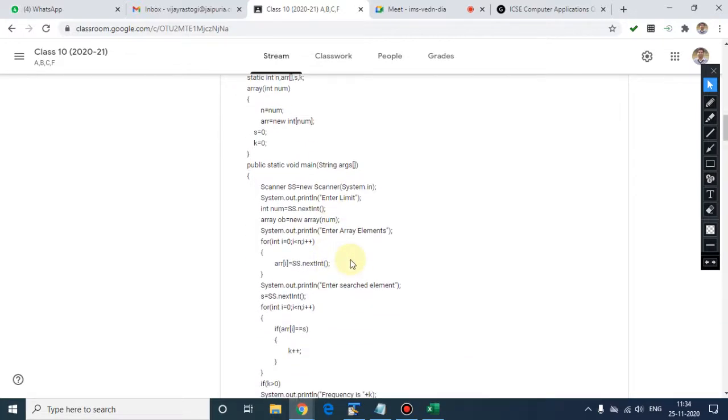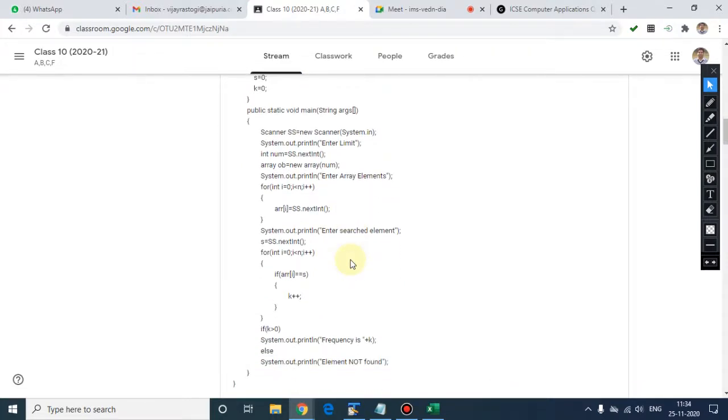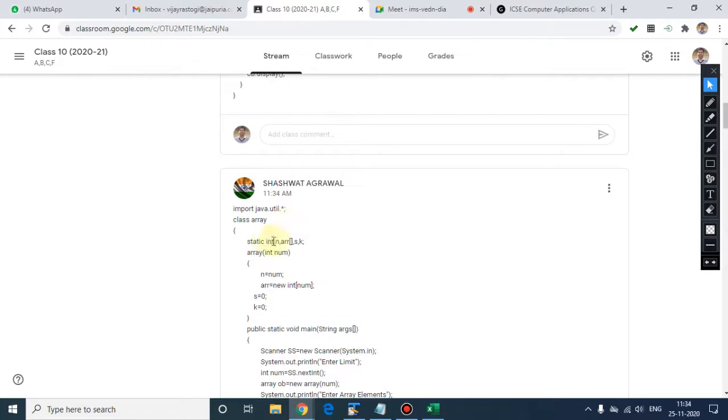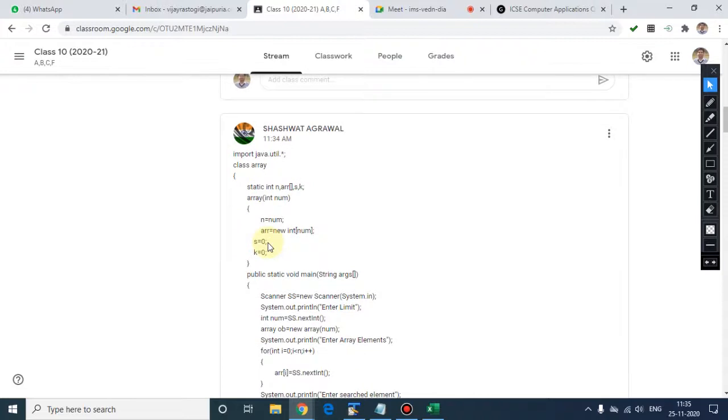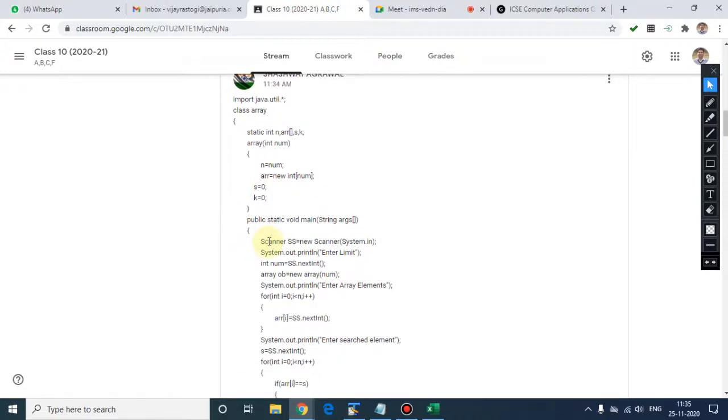Beta Shashwat, you will get an error, because see, in the main only you have entered the array, and that variable ARR is not accessible, because that's a global method. You have made it static. Don't use static everywhere, beta. Sir, if I do not put static, it is not working. Yes, that's why I'm telling na.